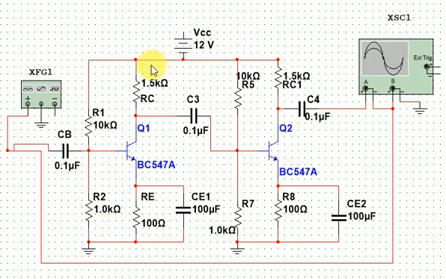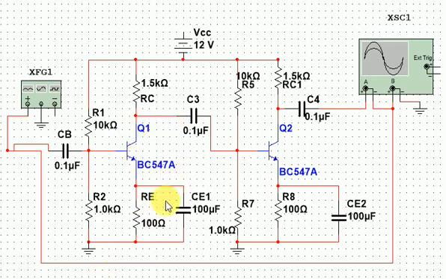As RC will be in parallel with the effective impedance of the second stage, it will produce an effective load that is lesser than the value of RC. So because of this, the gain of the first stage is reduced. The gain of the first stage is reduced because of the loading effect of the second stage. Therefore, the overall gain AV1 into AV2 is lesser than what we expect.